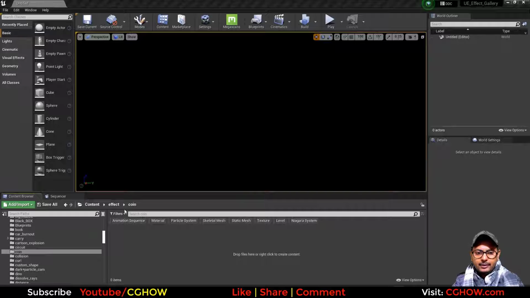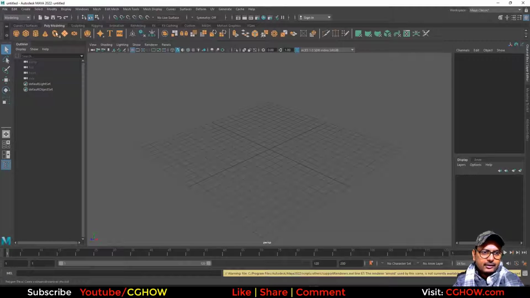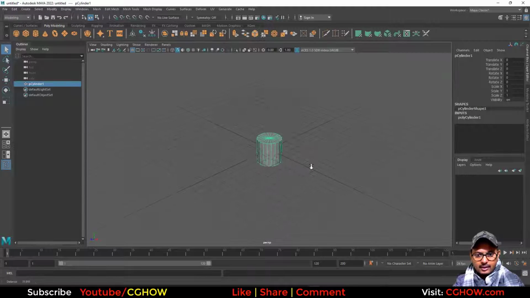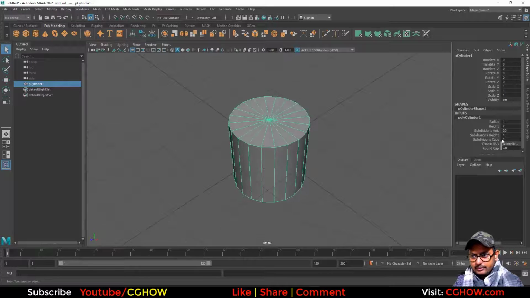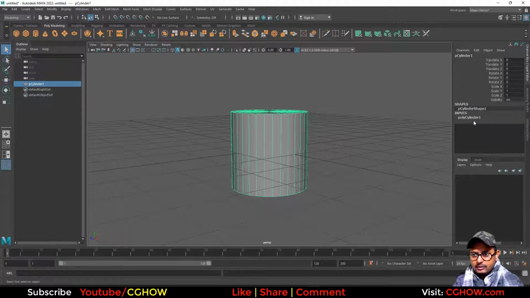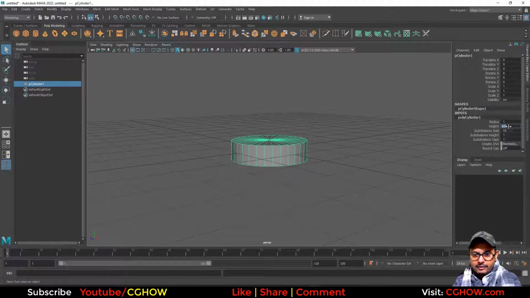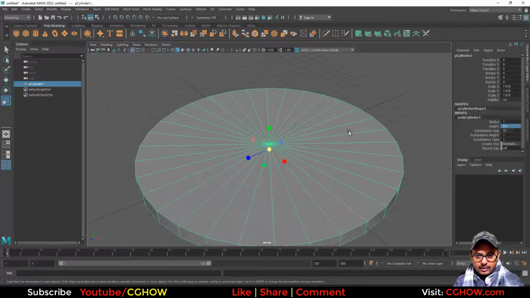So I have this empty folder and this name is coin, and first we need a coin. So I have this Maya open and I will quickly create a coin type mesh. So I'll just take a cylinder and let's smooth it, maybe 32, and then I will scale it down, or you can just reduce the height 0.5, 0.1, and okay, I'll increase the size little bit, and then